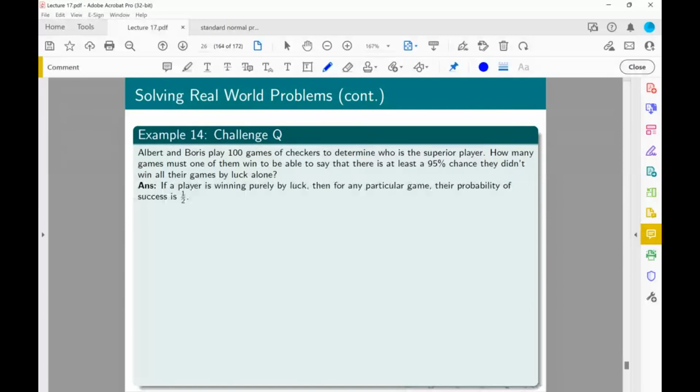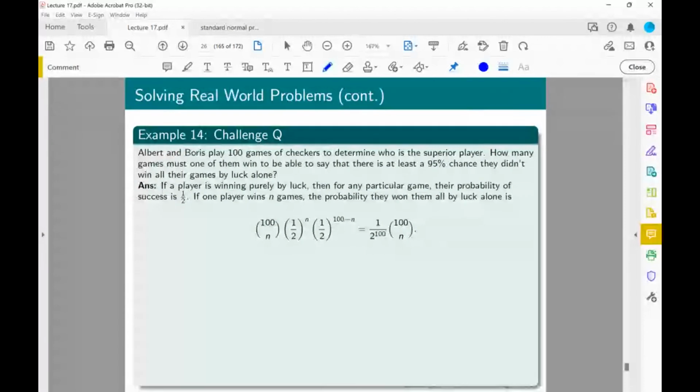So if it's purely by luck, the probability of success of each trial is a half, which gets us this mess of an expression from the binomial distribution. So basically, you want to find the n such that the sum of such terms should be 0.05. So that's going to mark off the cutoff point with this 5%. So again, don't forget, you don't have to worry about this detail. I'm just adding on what we were talking about. And this is very hard to do